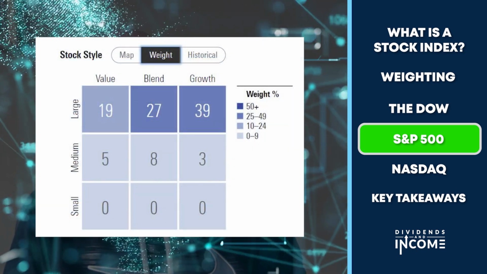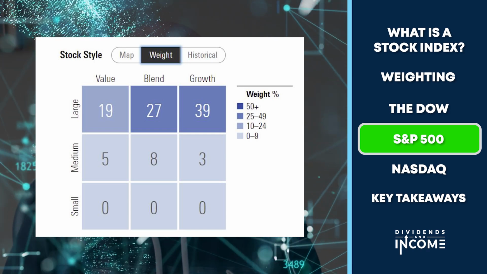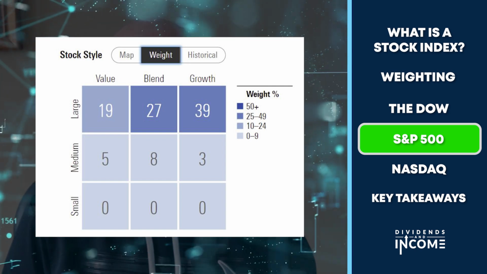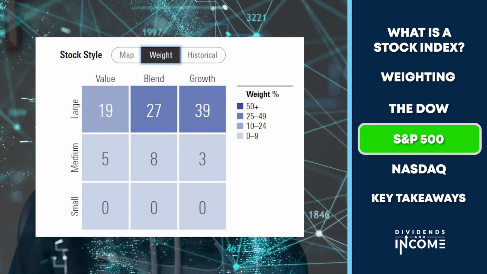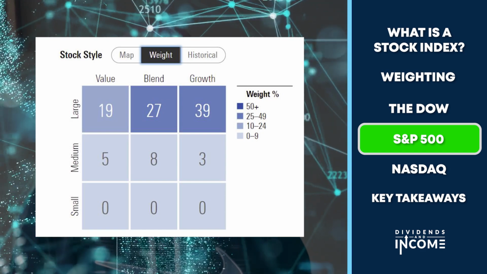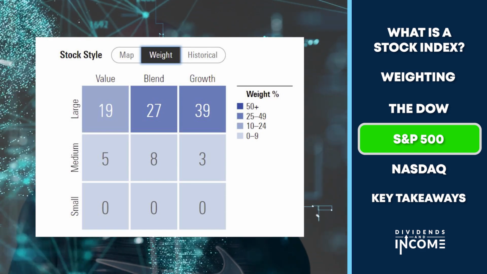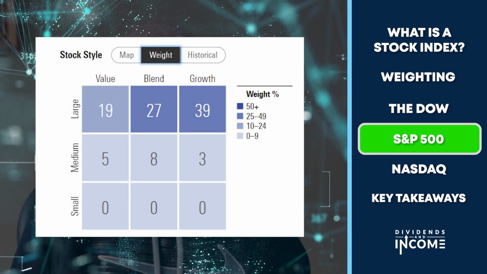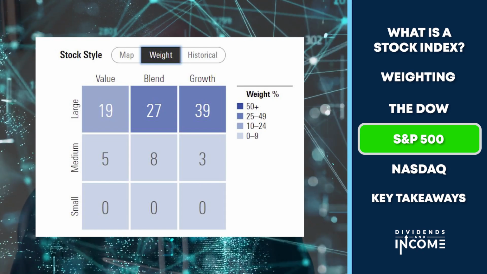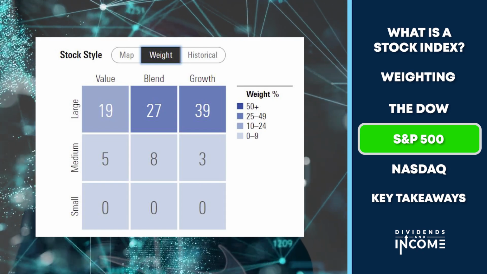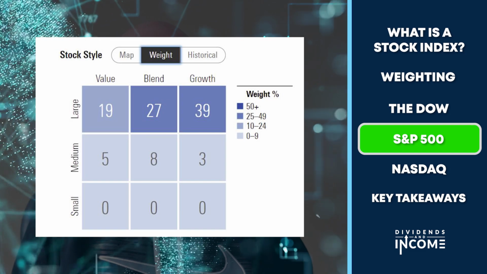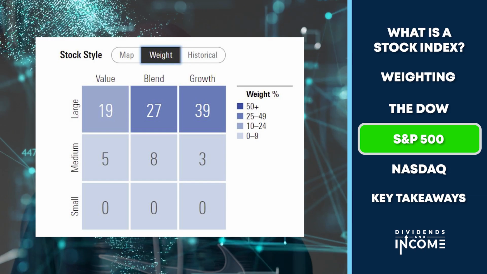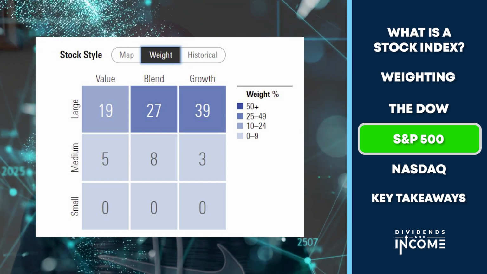Okay, here's the Morningstar style map for the S&P 500, and you can see there's a little more spread here than there was in the Dow. We do see some medium cap stocks, not many, but a few. But mostly this is a large and mega cap stock index. Sometimes people say it's the 500 largest companies in the United States. That is not precisely true, but it's more or less true. And you can see a bit of a tilt towards growth in the upper line where all the stocks reside. Growth represents twice as much weight in the index as an investing style or factor than value does.